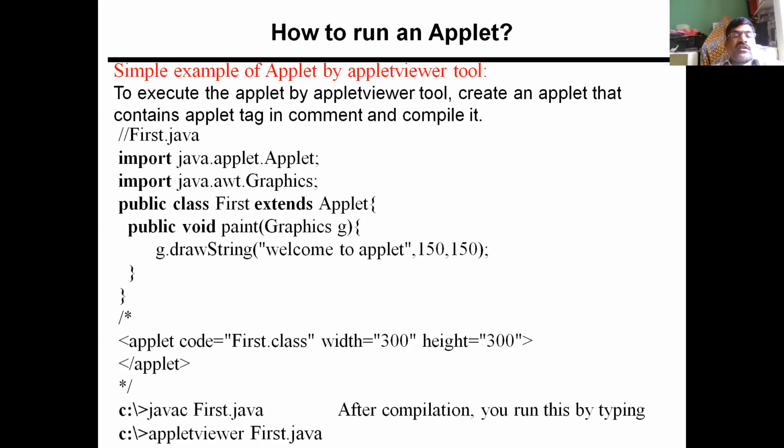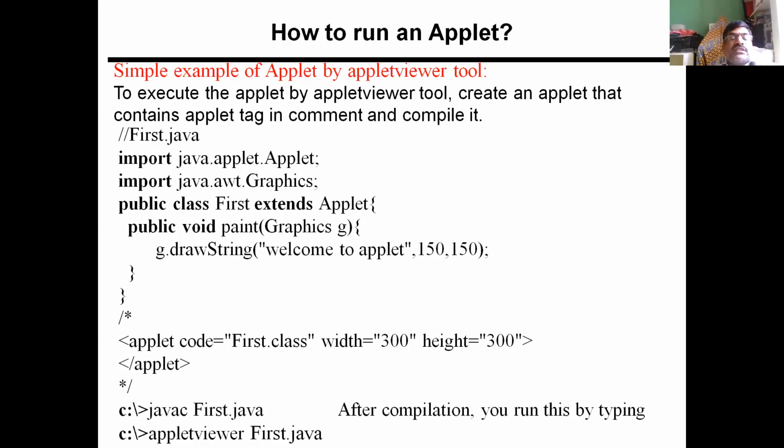So slash star, then applet code is equal to the class name First.class, width and height attributes, then slash applet tag, and then star slash. This applet tag we keep in a comment, and save the entire program as First.java.